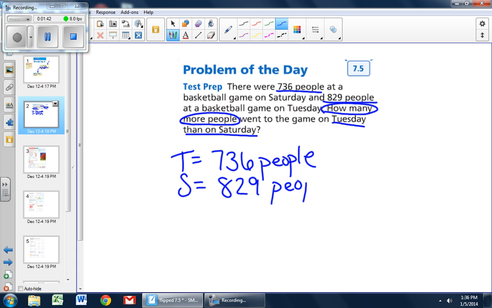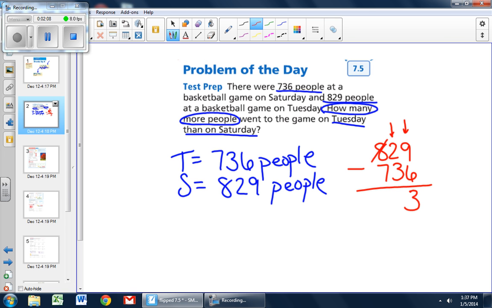So if we find the difference, we know that we're going to subtract. And in order to subtract, I know that my bigger number needs to go on top. So 829 minus 736. So starting in our ones, 9 minus 6 is 3. Moving to my tens, 2 minus 3 I can't do, so I need to go over to my hundreds and